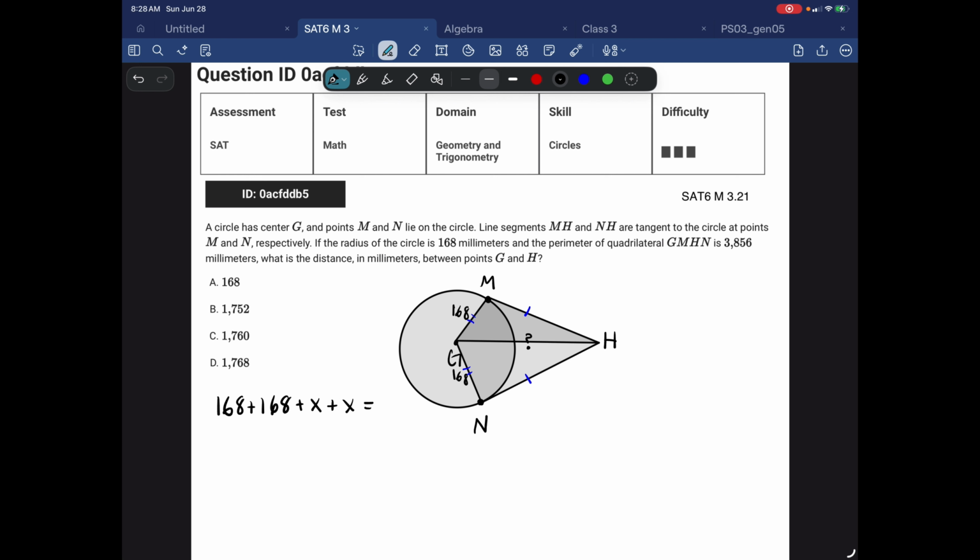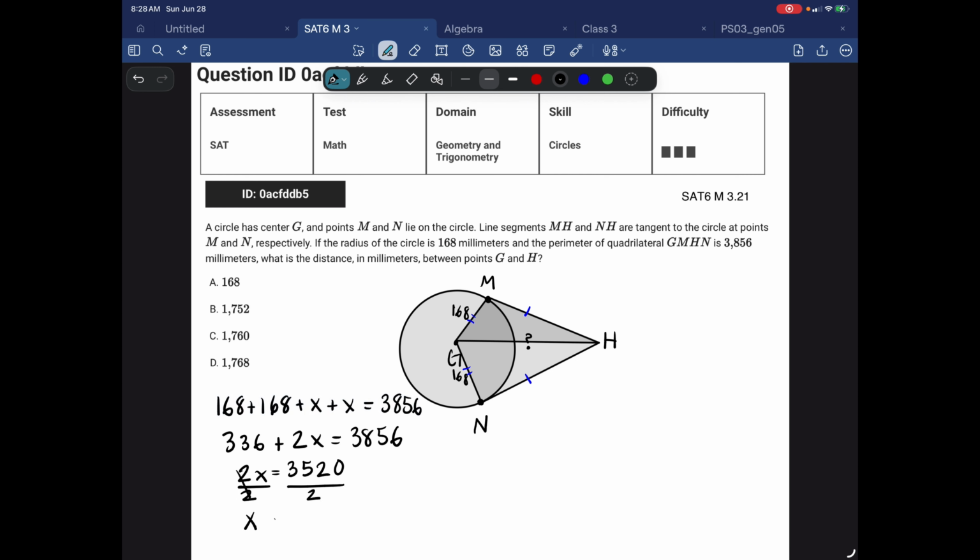The whole perimeter is 3,856. So then we can just add 168 plus 168. 336 plus 2x equals 3,856. You can subtract 336 on both sides, and you get 2x equals 3,520. Divide both sides by 2,